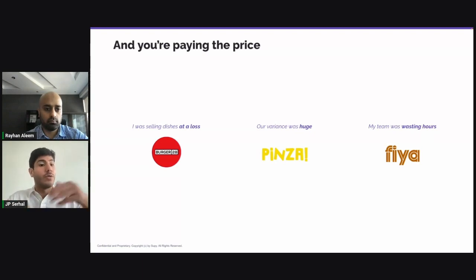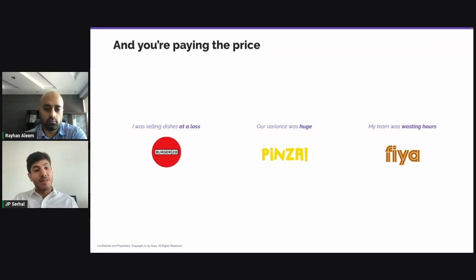Burger 28, they were selling dishes at a loss. Why? Because their operations were segregated. On the one hand, they were buying ingredients to create burgers. And on the other hand, they were selling those burgers. The problem is that they couldn't monitor the price fluctuation of the ingredients that they were buying. So they were selling a burger at a certain price based on the cost of those ingredients. And then several months later, the cost of these ingredients went up. And now the profit of their burgers was going down. Because of the segregation of the operations and because the operations weren't connected, they weren't able to monitor.